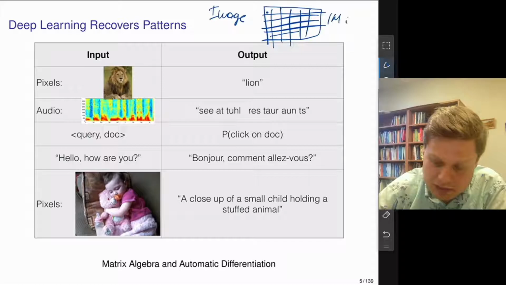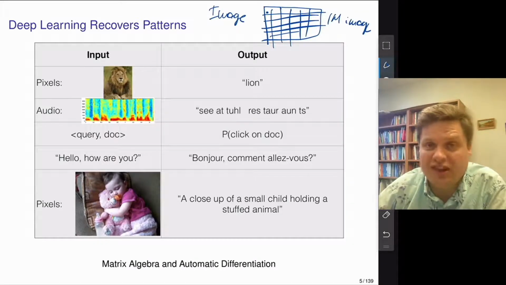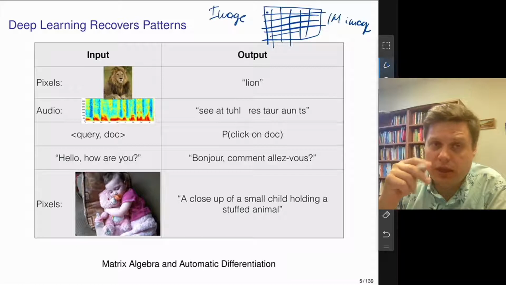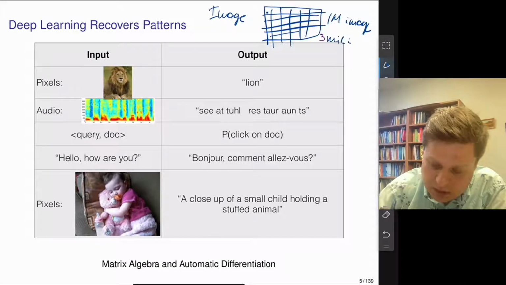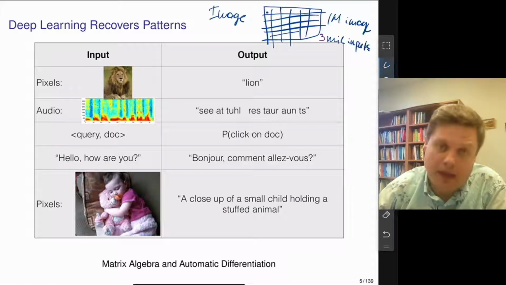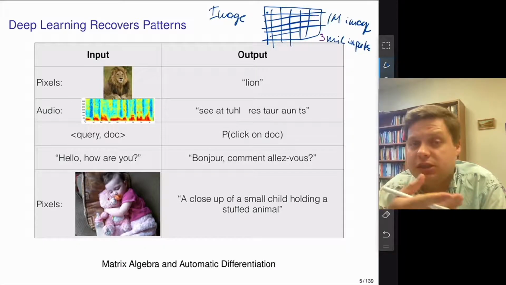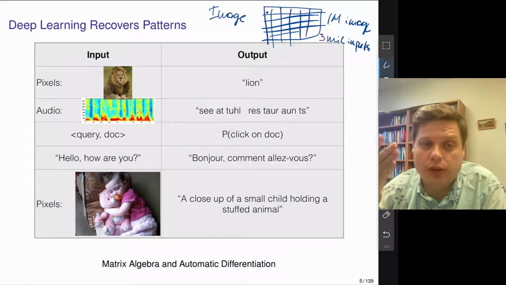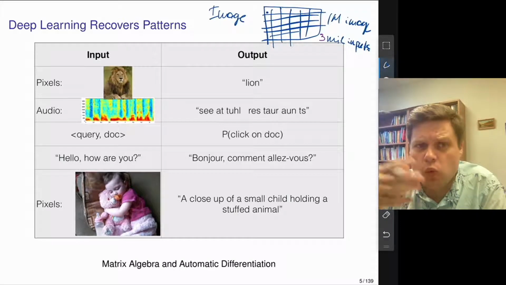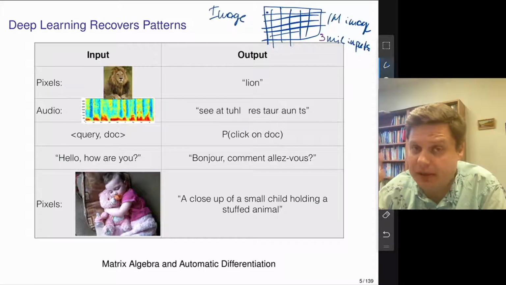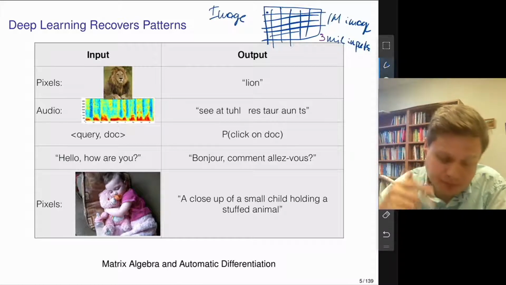So a 1 megapixel image means that you have 1 million inputs, and if you have 3 colors, you have 3 million inputs. Now you should compare it to the types of inputs that we used before. In our analysis, we used tabular data and would have probably at most 50 or 60 different predictors. Now you go to much higher dimensionality. You go to 3 million predictors, 3 million inputs, and this is just a 1 megapixel image.